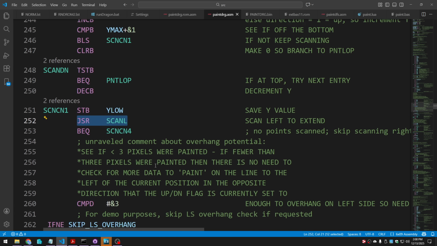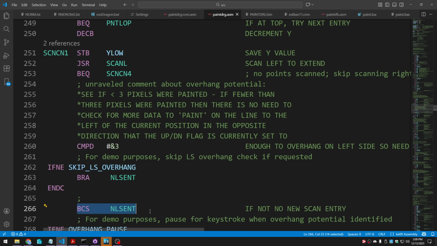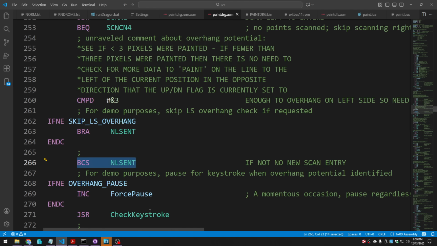And assuming we did anything, this is where we check for a left overhang. The D register will contain a value telling us how far to the left we were able to go, how many pixels. We compare it with 3, and if it's strictly less than 3, then we skip doing the left overhang work item. That means we only do an overhang work item on the left if we were able to move to the left